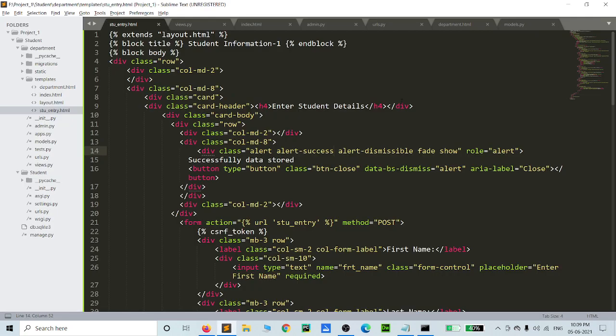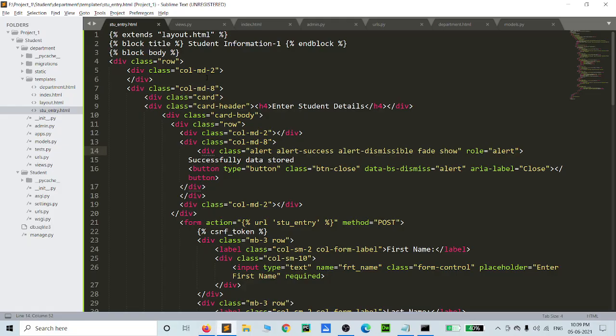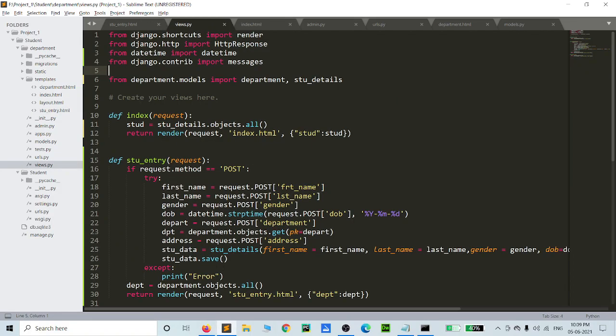Okay, so now we want to add these messages here. Which messages? These messages. Whenever messages are displayed, then this kind of messages will be displayed. Okay, so already we have written the try method in the sections.